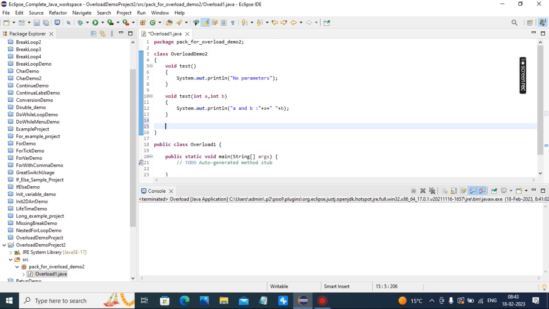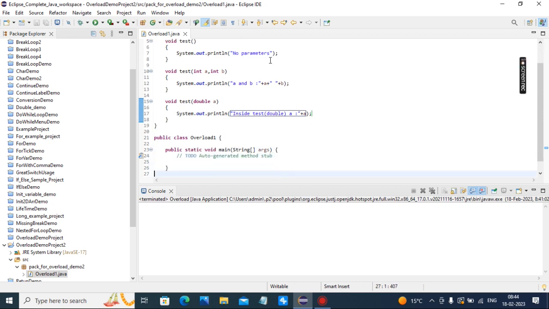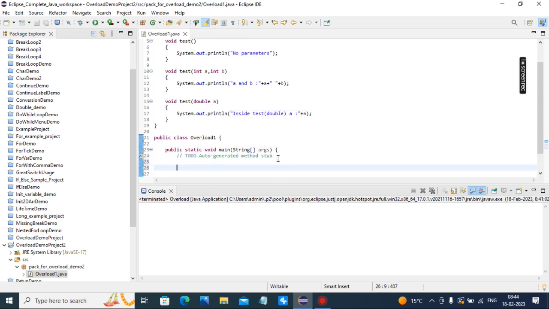Then the overloaded test for a double parameter: test of double a, printing a plus a. Then in the main class main function,